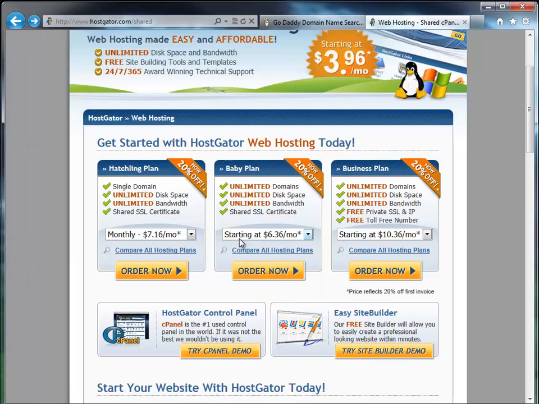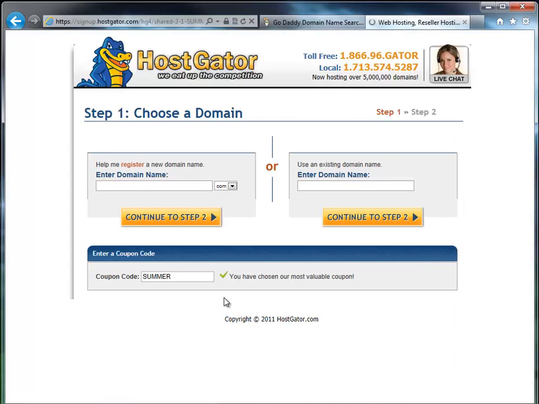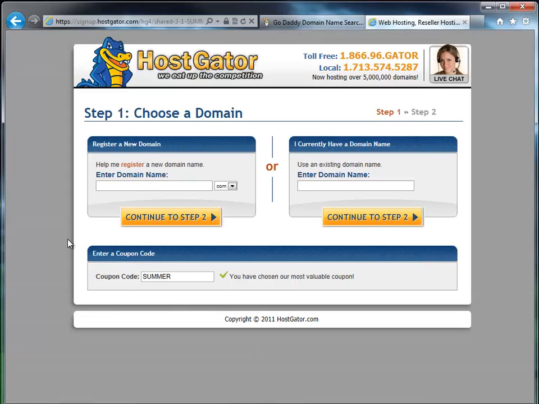Actually, I'd go straight to that one, given that it gives you unlimited domains. But yeah, it's $7.96 a month. That's a pretty good deal. So then you'll come in here and it'll say, "Help me register a new domain. Use an existing domain." So in here, this is where you'd put your basket weaving lessons,